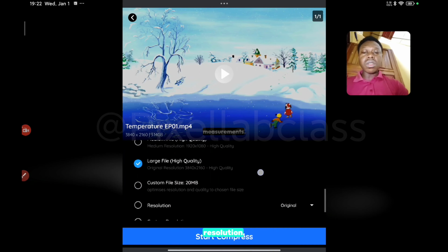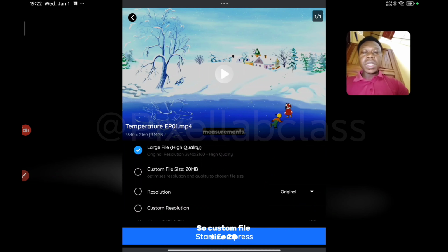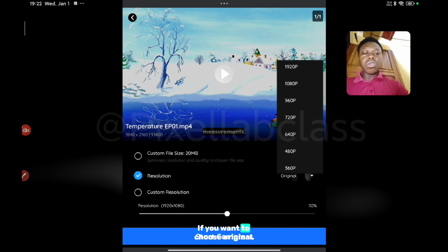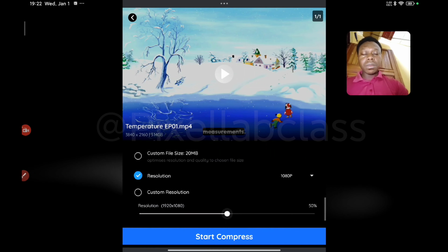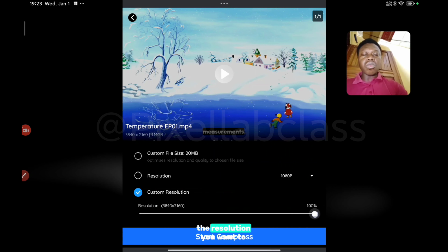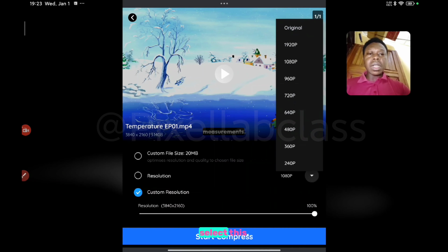But this is 4K resolution. This is the highest 4K resolution. So custom file size 20 megabyte. Resolution. If you want to choose original, you choose. But now we want to convert from 4K resolution to 1080p. You can see it now. It's giving me this. I hope this is clear to you, please. If not, you can use this to control the resolution you want to select. But for easy access, just select this,